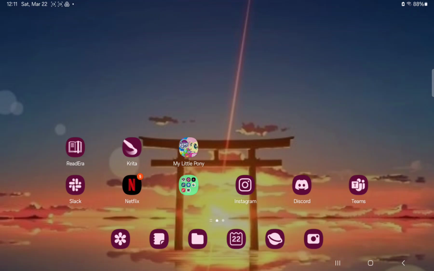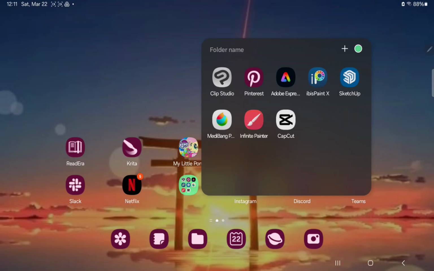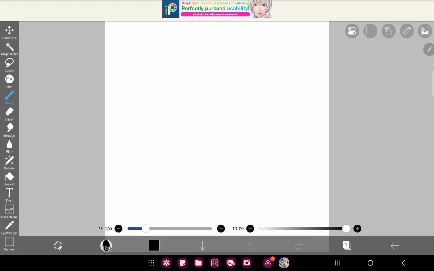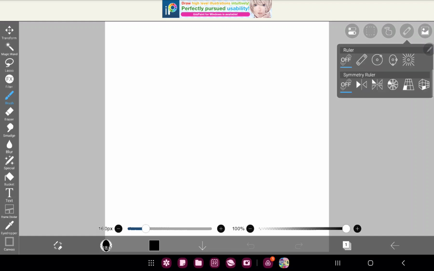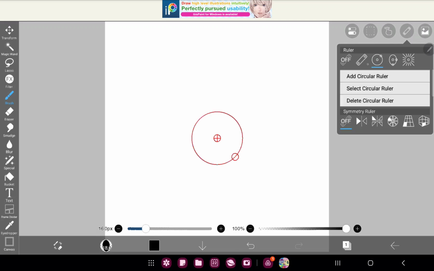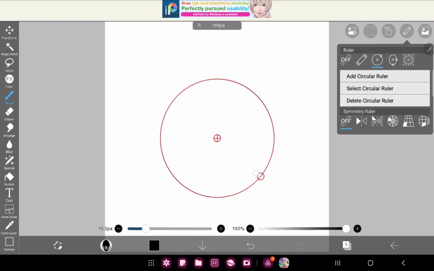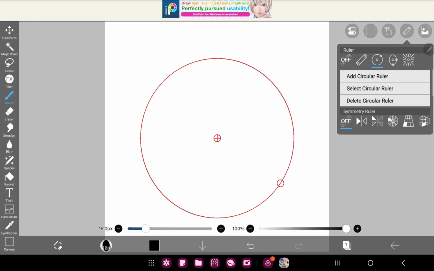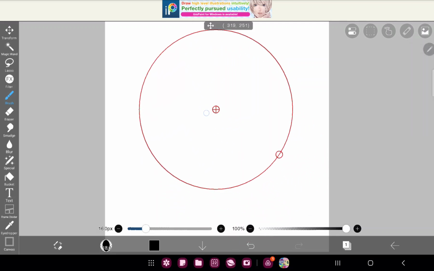So let's jump into it. First of all, open the application on your device. That's my canvas, and if I want to use the rulers, click to the second icon at the upper right corner of the screen, and here you can find two options about the rulers. You can find the simple ruler or the symmetry ruler. For example, if I want to use the circle ruler, click that. You can edit the size, and if you select a brush, you can draw in this